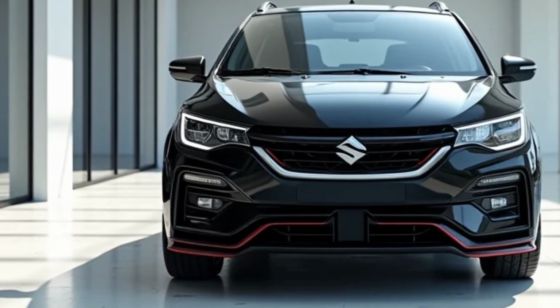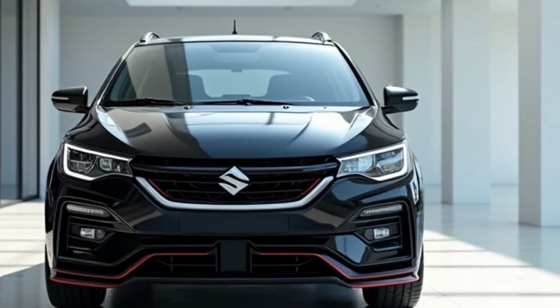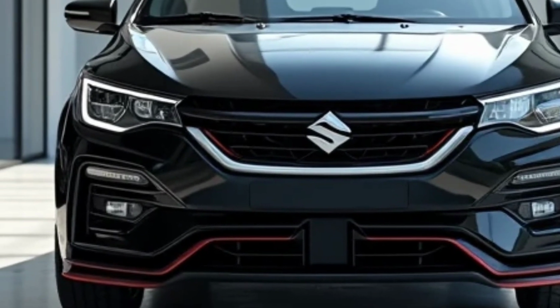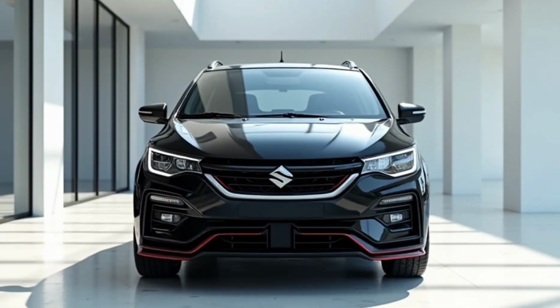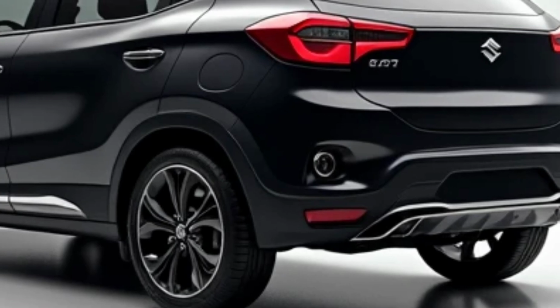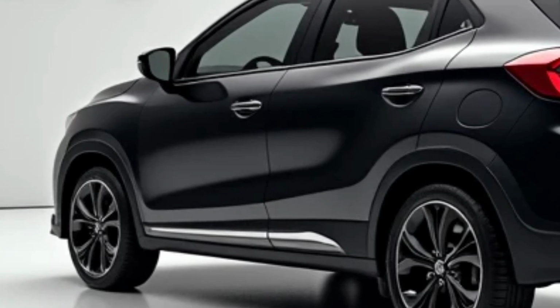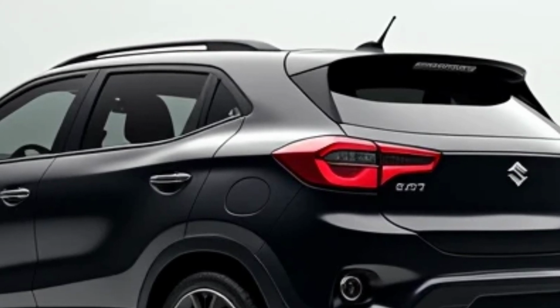Starting with its exterior, the new Cervo boasts a bold and sporty design. The front grille is compact but aggressive, paired with sleek LED projector headlamps and integrated DRLs that give it a premium look despite its budget-friendly tag. The sculpted sides, compact dimensions, and sharp character lines provide a sporty feel, while the 14-inch alloy wheels complement the